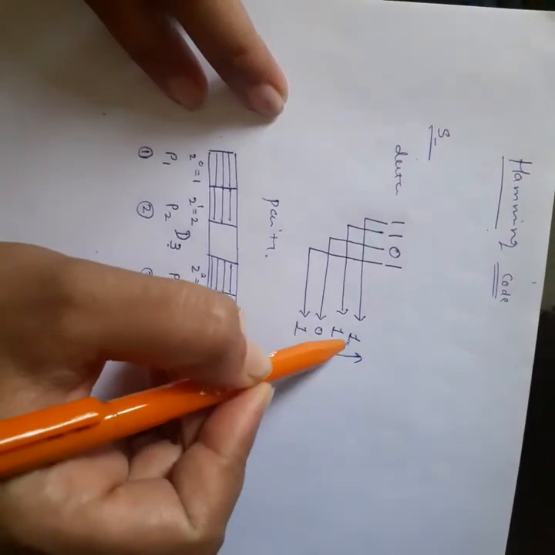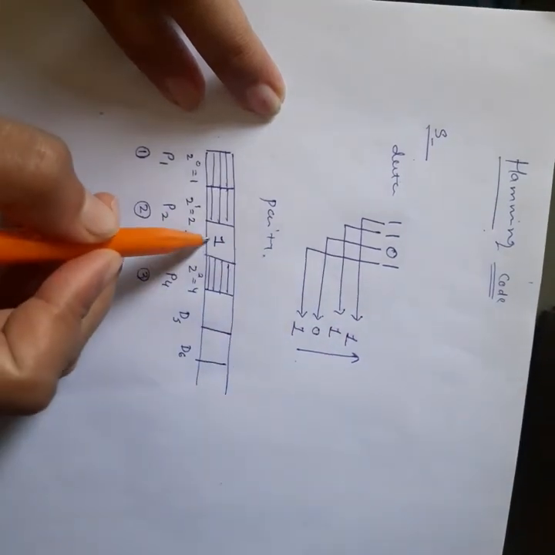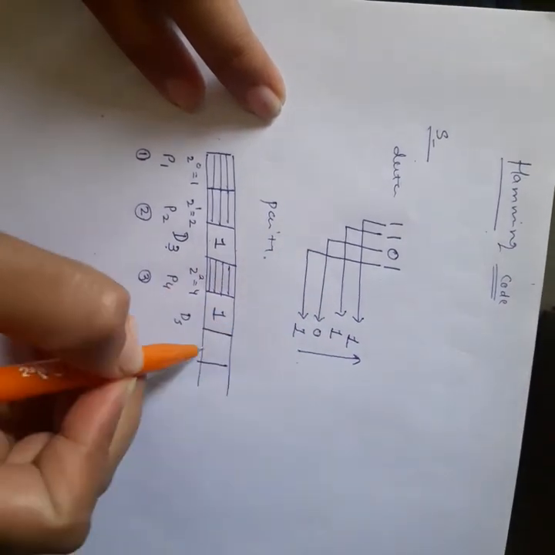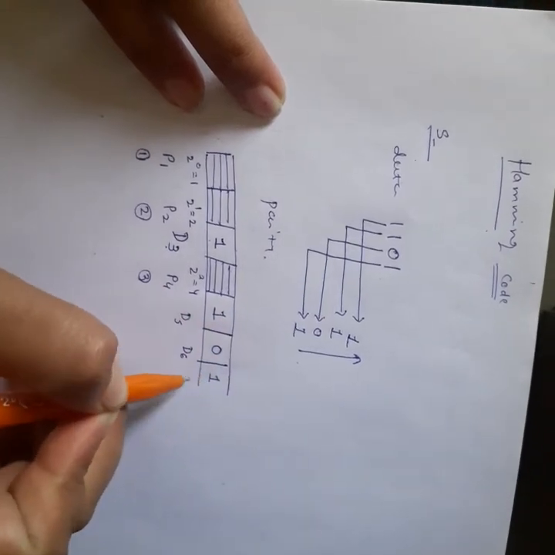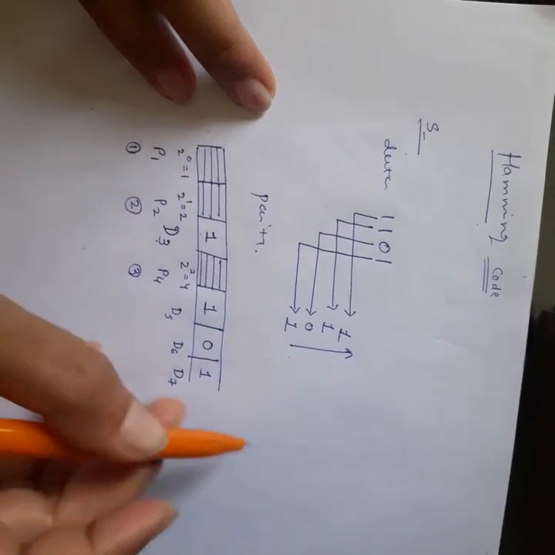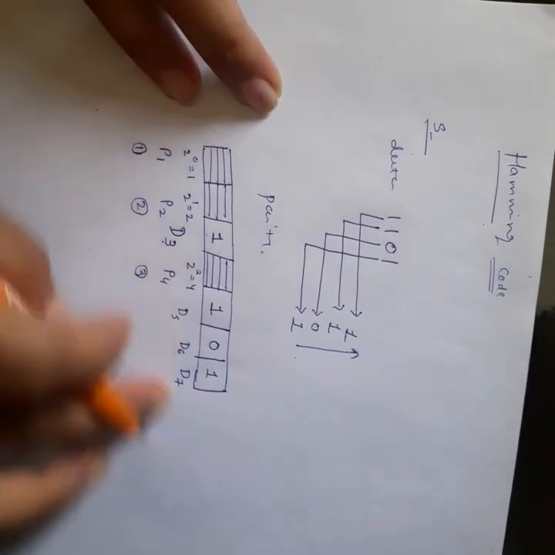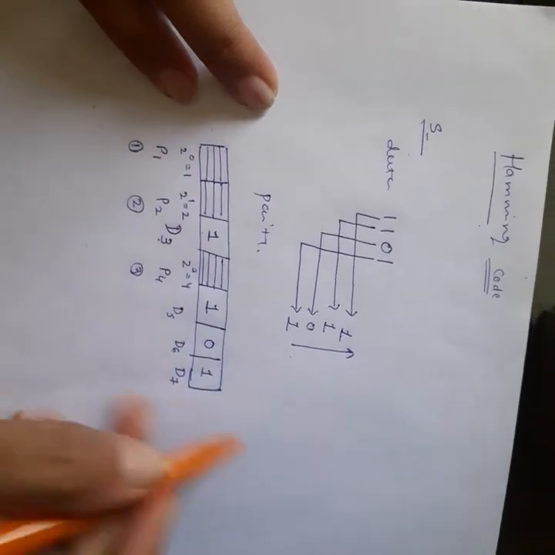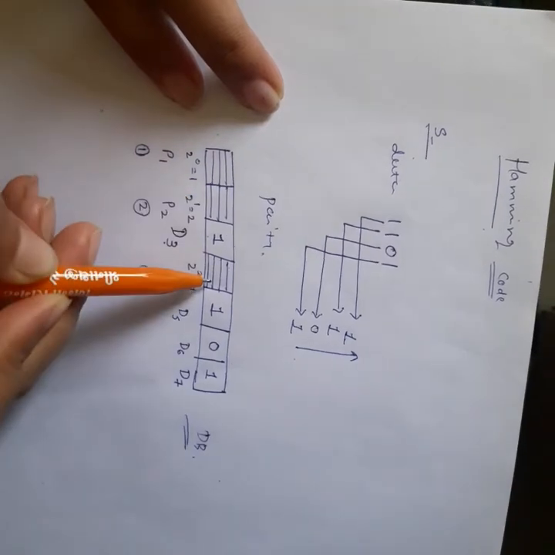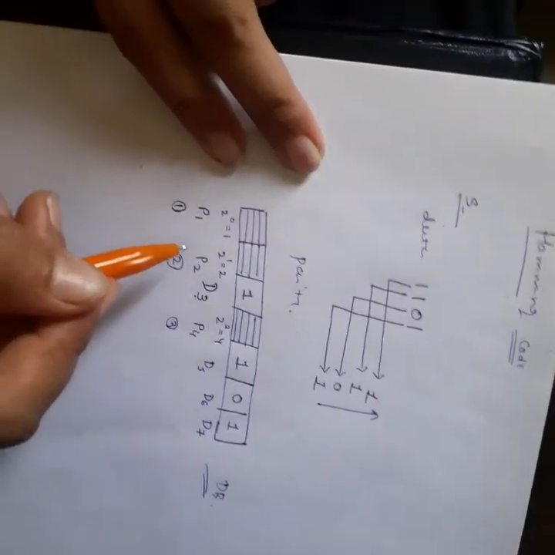So here if we are going to consider our data, so first of all my 1 bit will be received by my receiver. Then after again 1 bit having value 1, then after 0, then after 1. So at data number 7, my data bits are over. I do not have anything more, but I am not going to calculate the parity yet. So this is going to be my data block. But you can see here the 3 spaces are not having any value. So we have to calculate that, right?